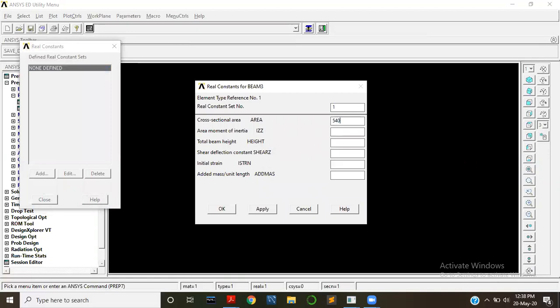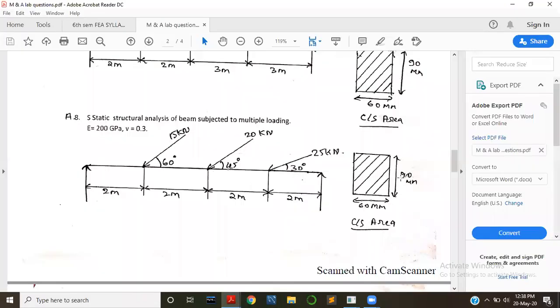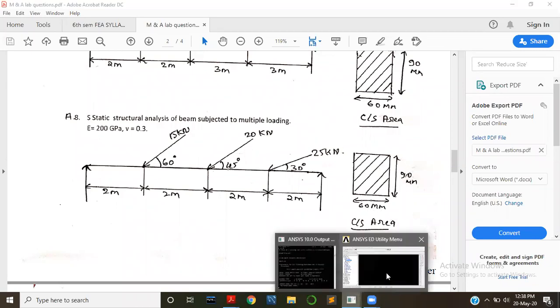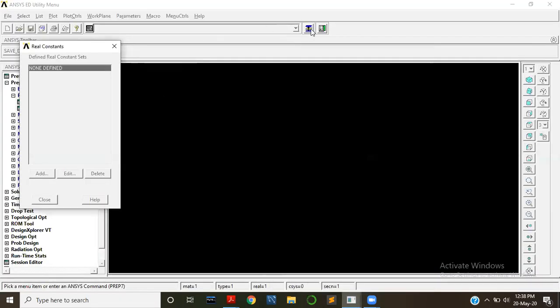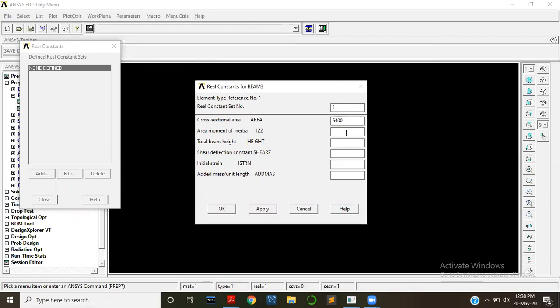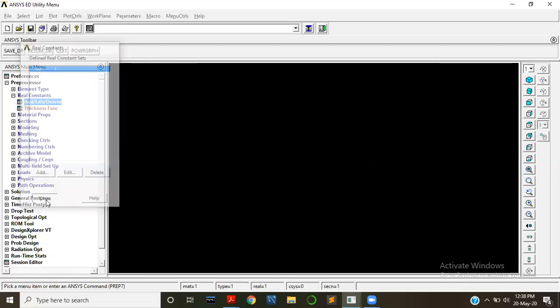the area is 5400. The area will be given by 16 by 90, so it is 5400 mm square. Then the moment of inertia will be given by bh cube by 12 for a rectangular section, that is 16 by 90 cube by 12, and the height is 90. Okay, so let us input those parameters. Area 5400, then moment of inertia 3645e3, and height is 90, and press OK, press Close,